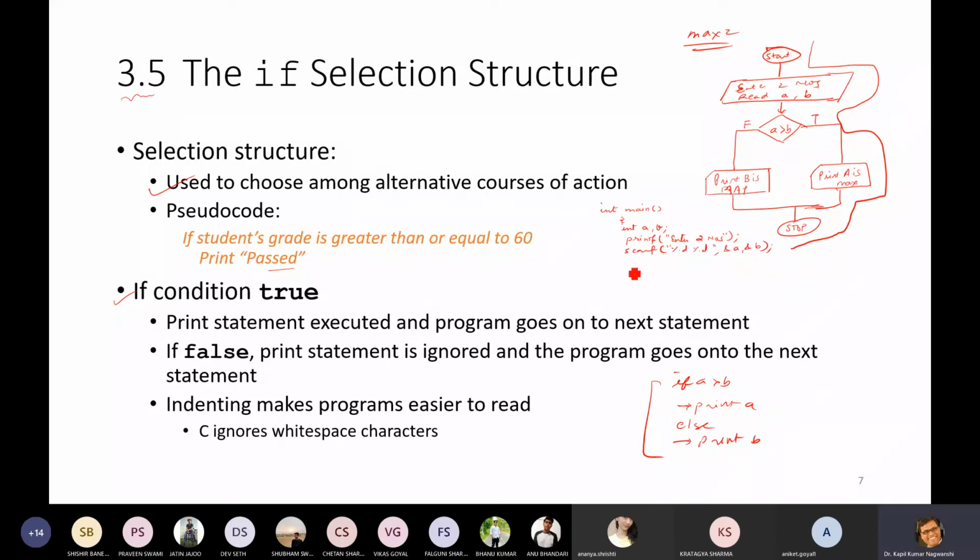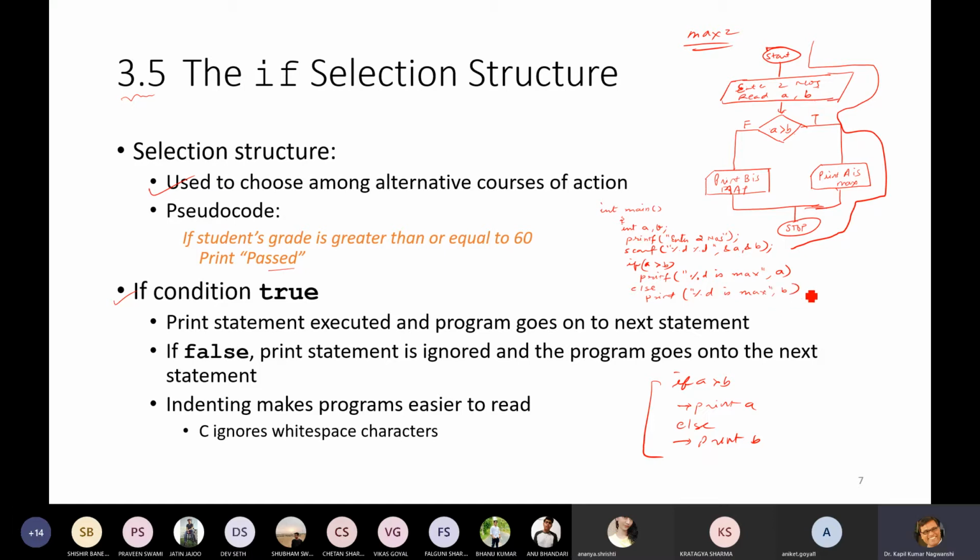Okay. Then if A is greater than B, printf. What do I need to print? A is max. So let us write %d is max, comma A, because I want to say that A is maximum, or else printf %d is max.